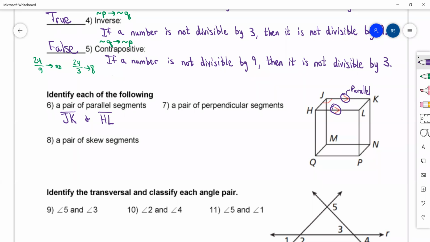Okay, number 7, a pair of perpendicular segments. Perpendicular is marked by this right angle symbol. That tells us perpendicular. So a safe bet here would be saying HJ and